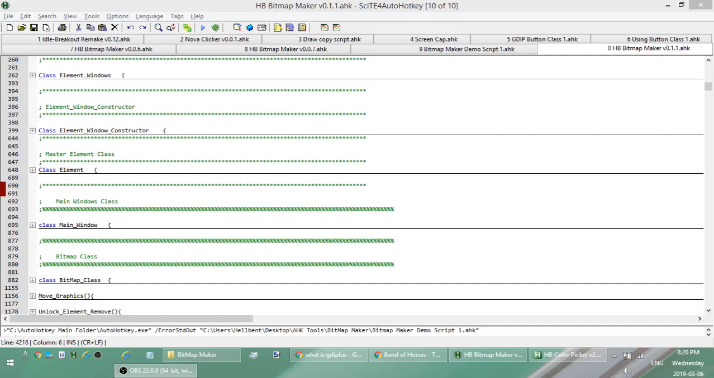This is Hellbent, and today I'm going to release an early alpha version of my new bitmap maker. Some of you might have already seen the two videos I released over the last couple of days that did a little demonstration of it, and many of you are probably a little bit confused about exactly what it